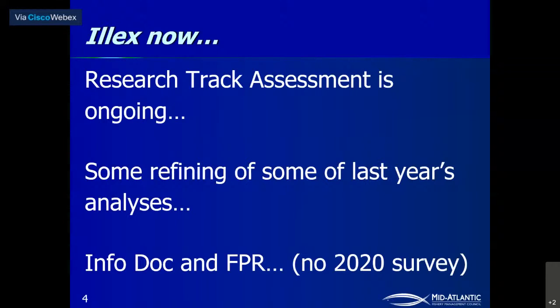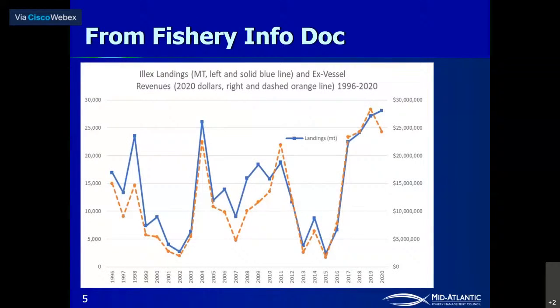So those, plus the typical info doc and fishery performance report, no 2020 survey data because of COVID, are the things feeding into the process here. So again, we'll hit some of those things as we go, and Dr. Rago will. But from the fishery information document,